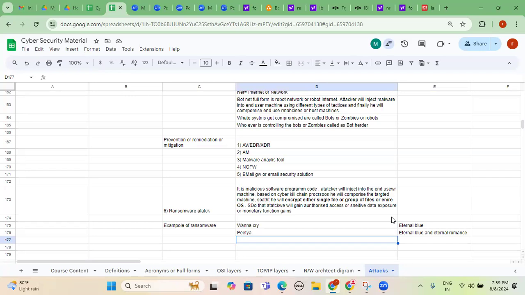We also have the Kaseya ransomware attack. Kaseya is one of the agents, basically used for patch management updates. Kaseya is a company. In that particular agent, which is deployed on each and every individual machine, the attacker identified a vulnerability, loophole, or bug, and finally compromised the software patch. Because of this, so many customers got compromised. The hacking group name is called REvil.